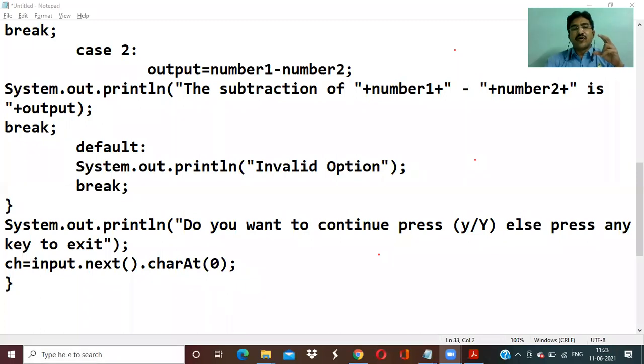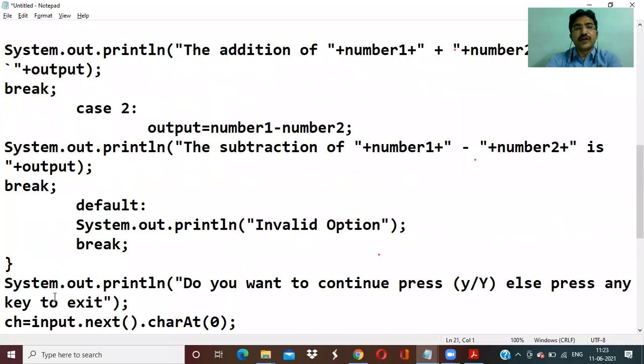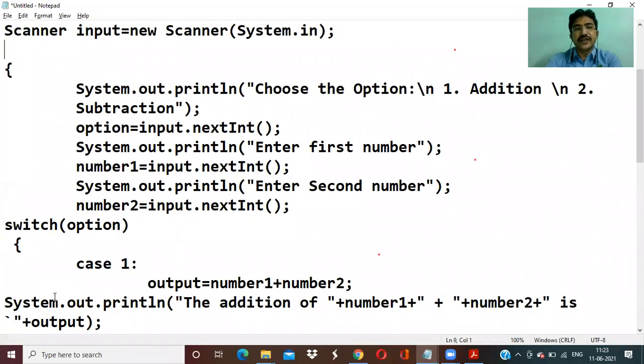This entire block we have to keep in do while. Do first, at least one time we are repeating, right? Do what?